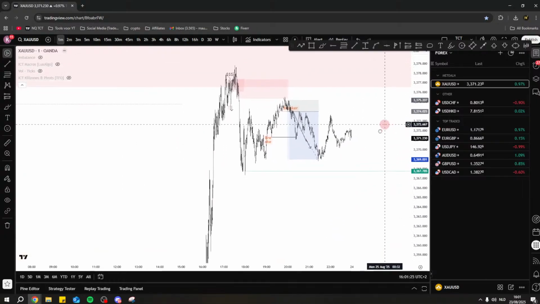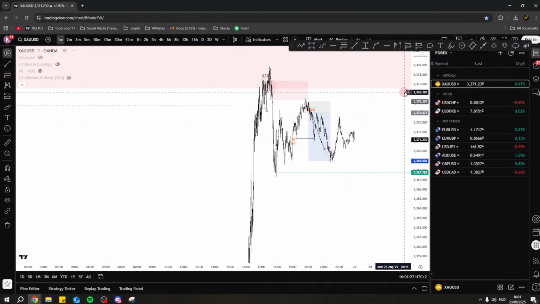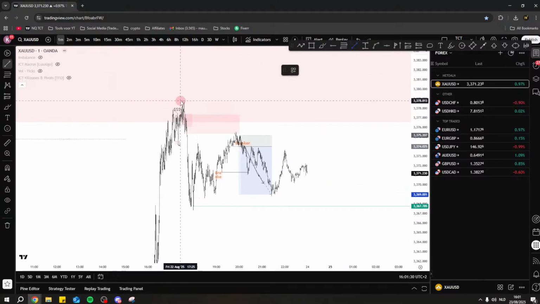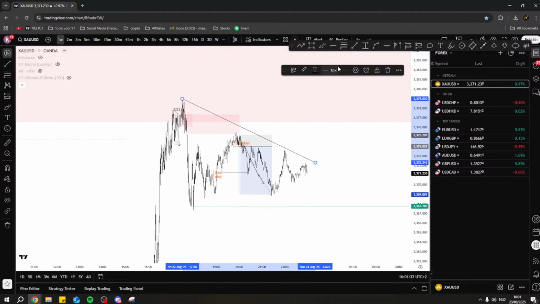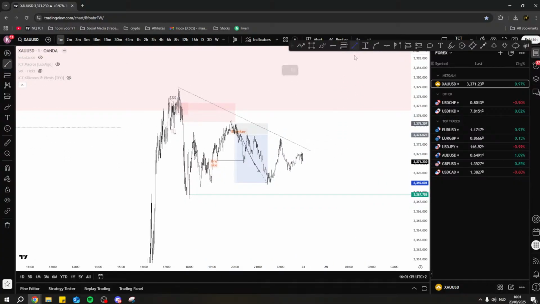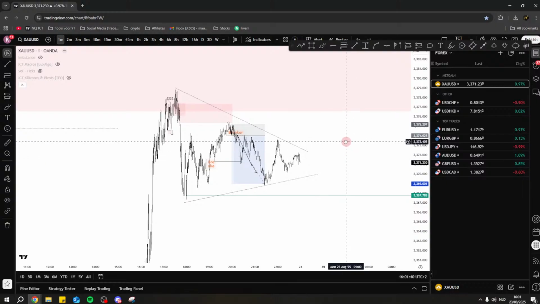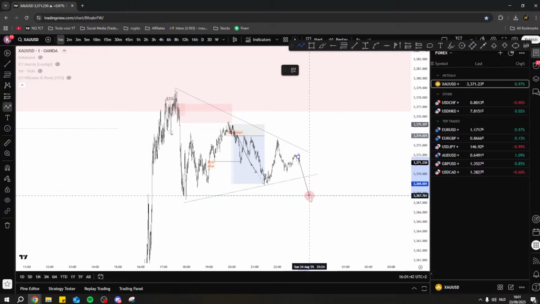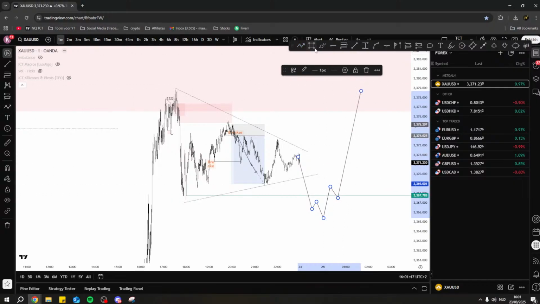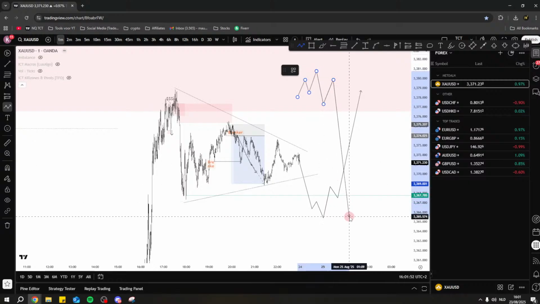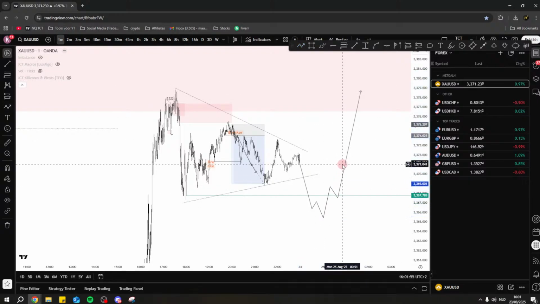You can expect it on points as well. And right now you're even creating this little compression on itself again. For me, there's just two ways to play compressions, maybe four ways. That is, take out the low and reverse towards the opposite side of the liquidity. That is the same on taking out the high and reversing towards the opposite side of the liquidity. And that's it actually. There's only two ways to play compression.